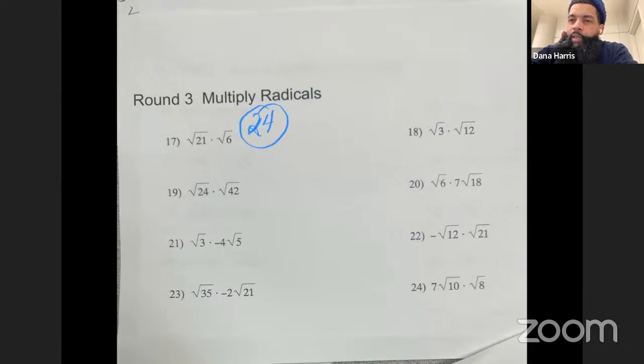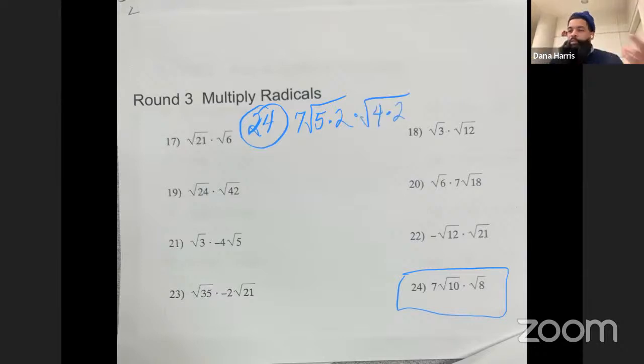All right, so I have 7. We're doing 7 square root of, let's do 5 times 2. Let's break that down. Times square root of 4 times 2, because 4 times 2 is 8. Now we're going to bring this together. We're going to say 7 square root. There's only one 5. There's 2 2s, so 2 squared, and then times 4, which we know 4 is also 2 squared. Okay, so we're going to circle